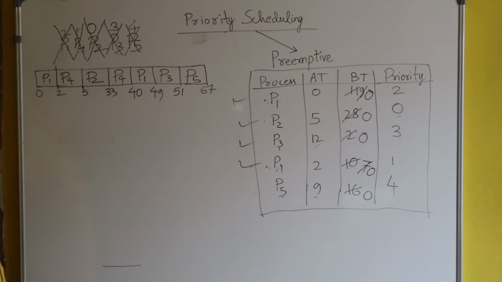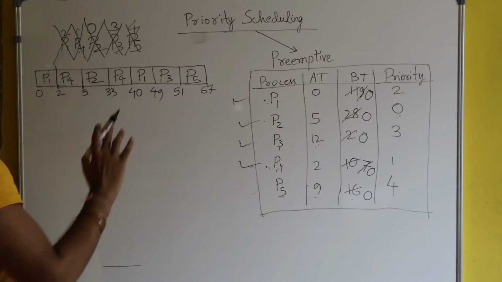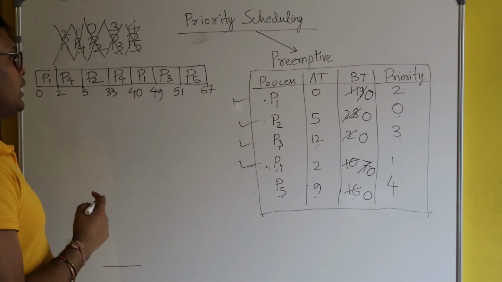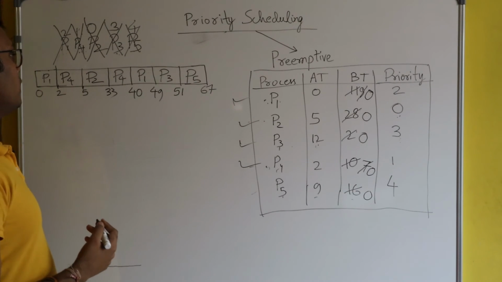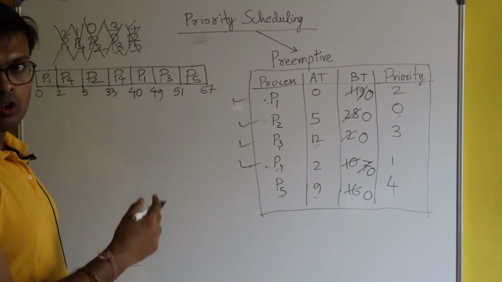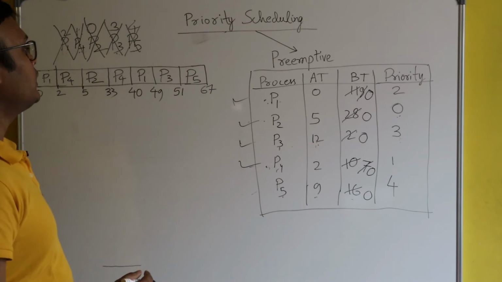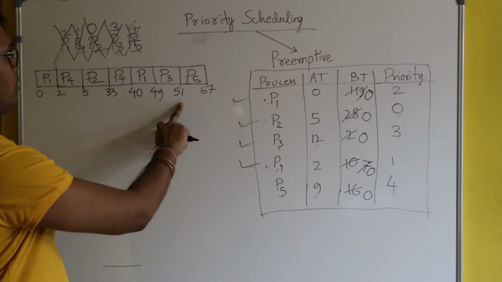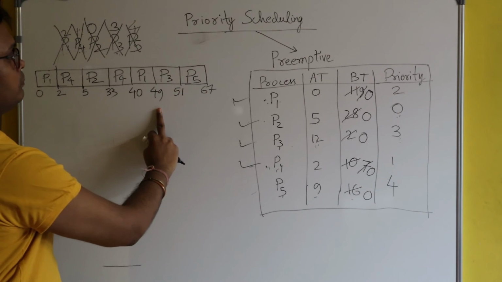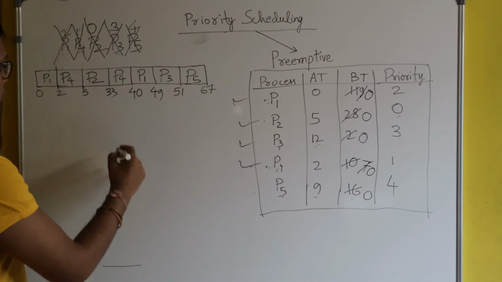So you see, this preemptive priority algorithm will be solved like this. Don't worry, it's not very difficult. I think it's very easy. Rather, it's more interesting. Okay, you should solve more and more questions. And don't worry, I will also solve some questions here. And suppose in the questions they have asked what's the turnaround time and waiting time for, say, P3. So let's calculate it.